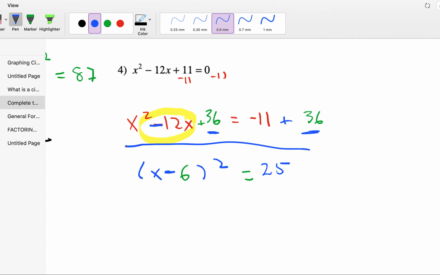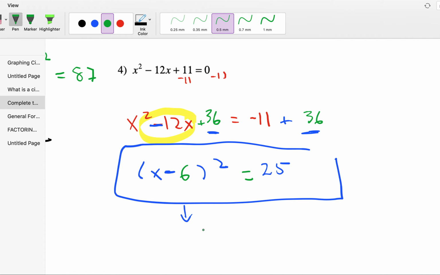And that would be my answer. I've completed the square, but I made sure to add to the right side what I included, the 36. And I included it as a part of my perfect square. Because let's unpack this and